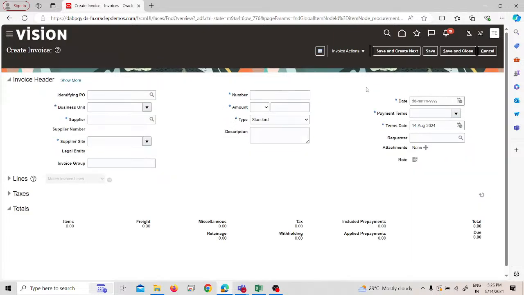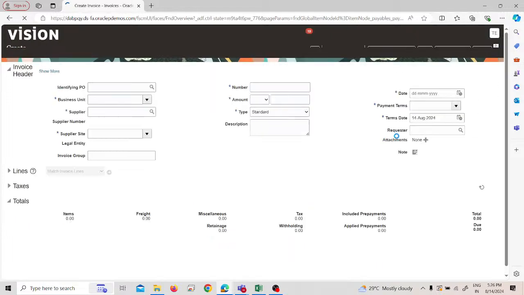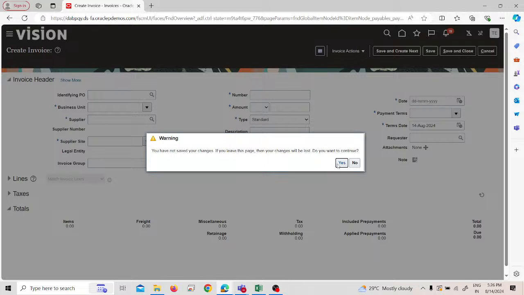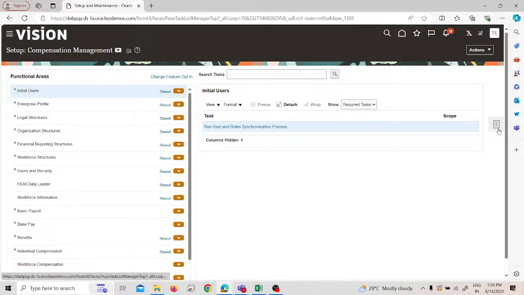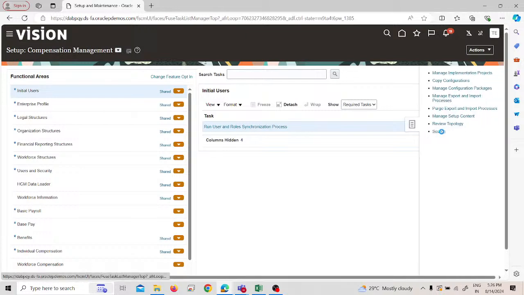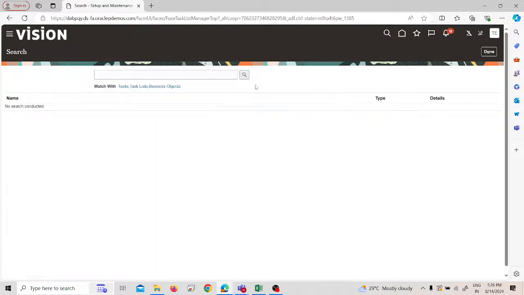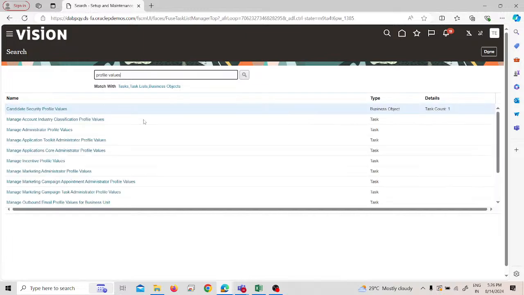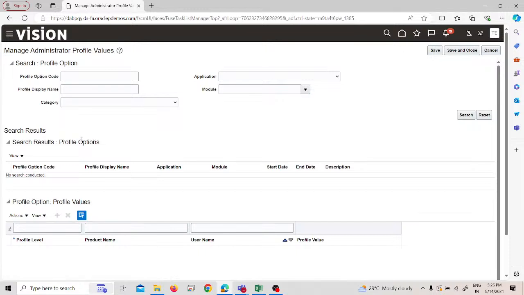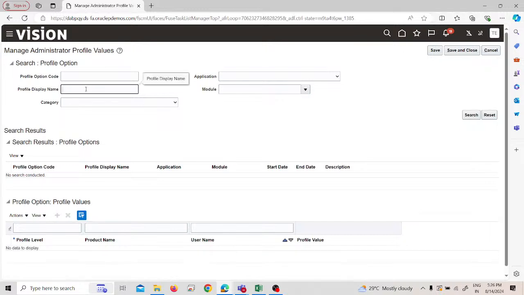Now under create invoice, first we have to make this default. So how will we make this default? We will go to the search option, under the setup and maintenance. Cancel it. Yes, we want to continue. From the task list, under the search options, we go to the profile values, Manage Administrator Profile Values, and we search default